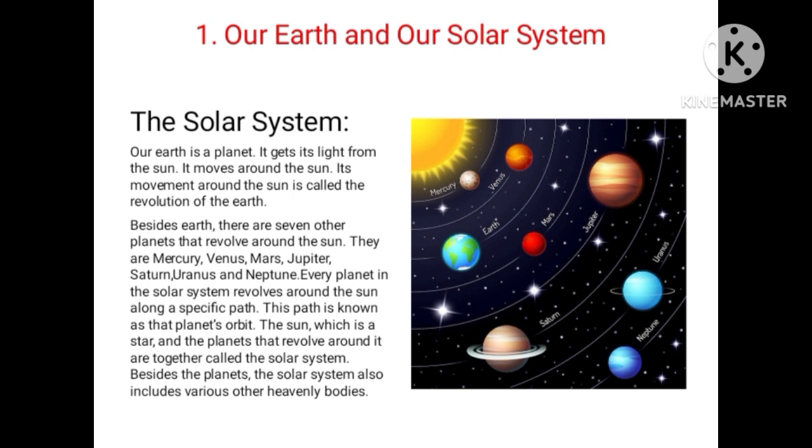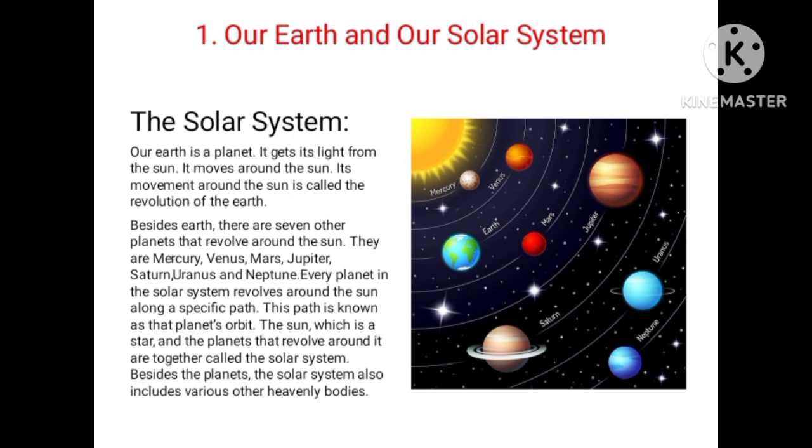The solar system. Our Earth is a planet. It gets its light from the sun. It moves around the sun. Its movement around the sun is called the revolution of the Earth. Besides Earth, there are 7 other planets that revolve around the sun. They are Mercury, Venus, Mars, Jupiter,